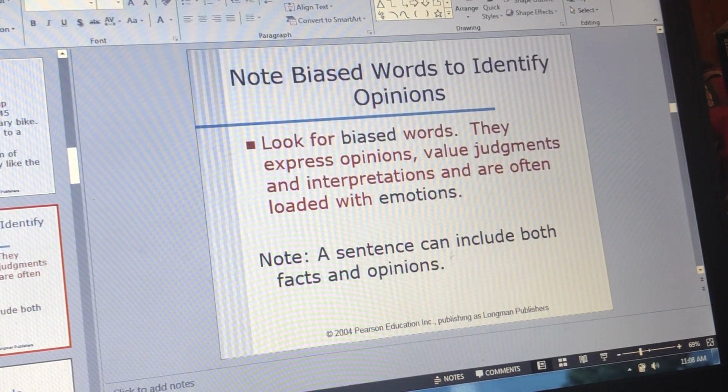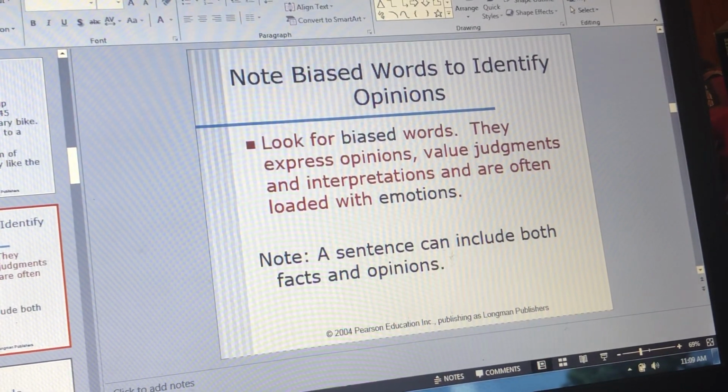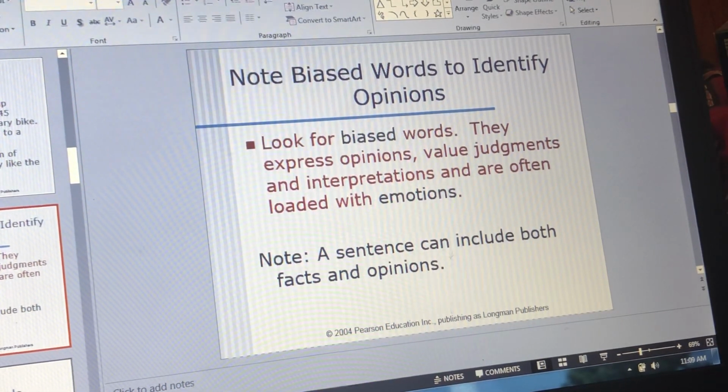Okay, I said this before, this is important. A sentence can include both facts and opinion, okay? Really skilled authors who are trying to manipulate you are going to do that, all right? So that you buy into their opinions as facts. This is where the insidiousness of this concept comes into play. You may have somebody who presents him or herself as an expert. You may have a person who uses a lot of facts and then blends that with opinion so that you let your guard down, okay? A critical reader is conscious of this and is looking for that, okay?